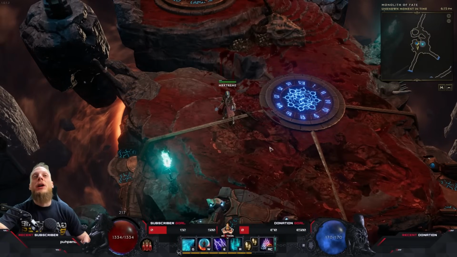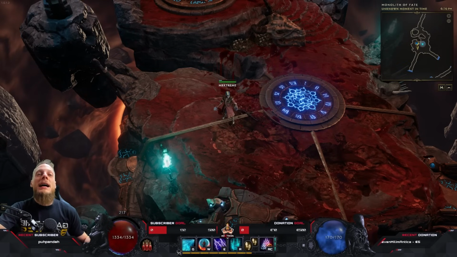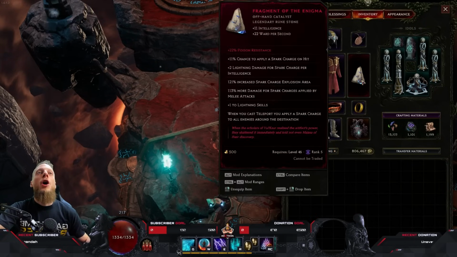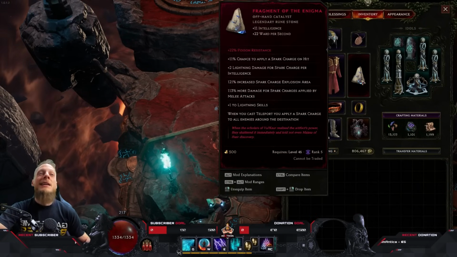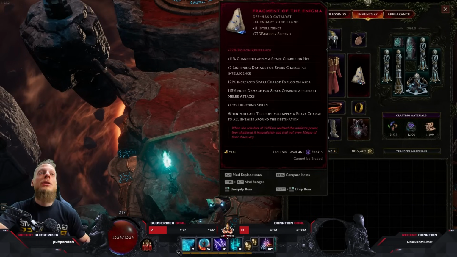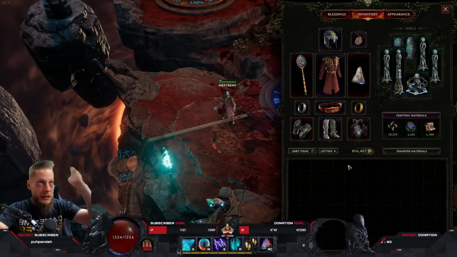Today I want to showcase the build that I'm currently playing and working on, and it is a Lightning Blast Runemaster that is heavily focusing on the Fragment of the Enigma with spark charges. This is an intelligence stacking Runemaster, and before we talk about the gearing aspect, the blessings, the